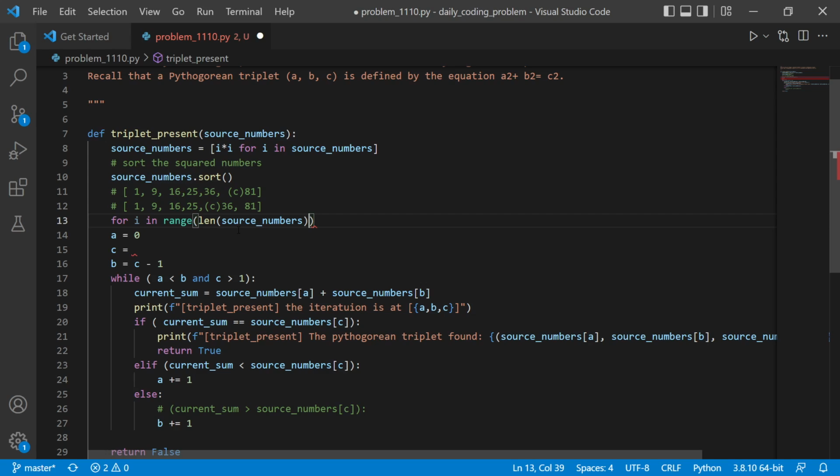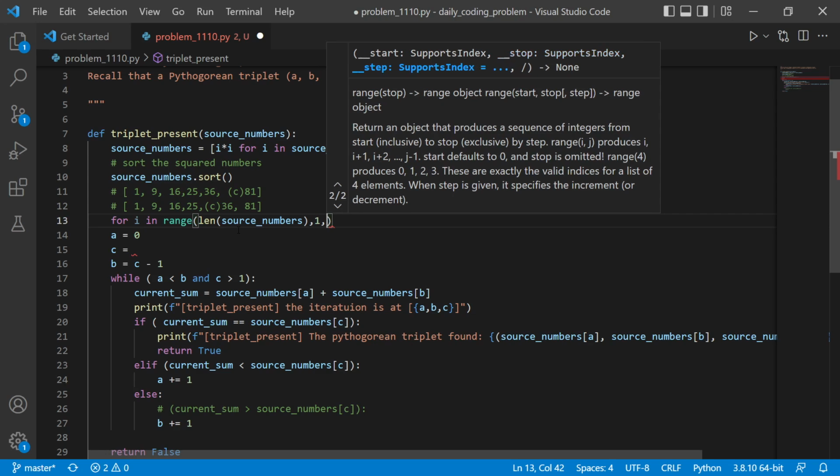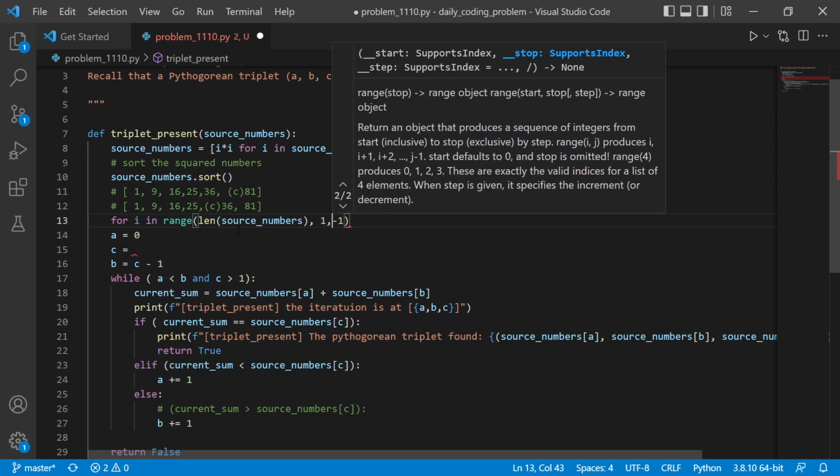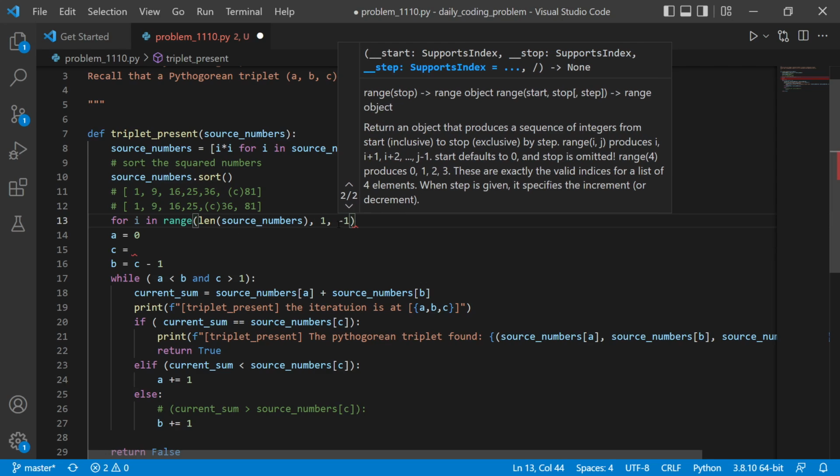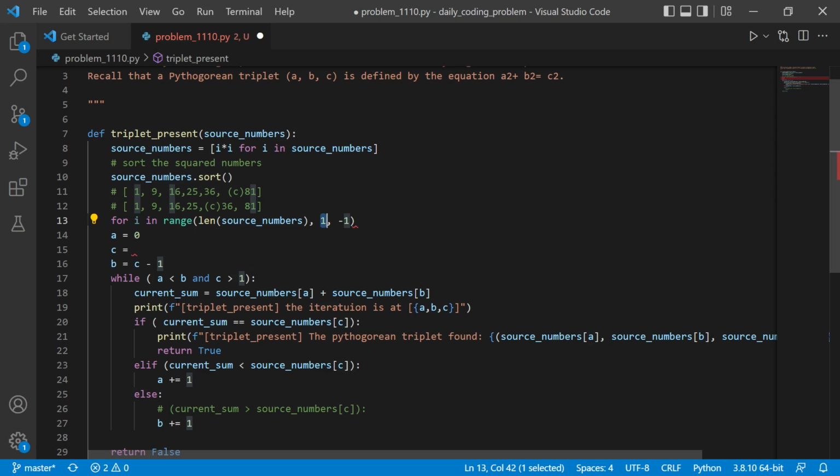I need to go in reverse, so I need to say that step is the second parameter, right? Yes, this one is till where you have to go. It can go up till 1, because if it goes below 1 then it doesn't make sense, which means I don't need this and C greater than 1, because C will always be up to 1 only over here. So does this satisfy the condition? If we have this,